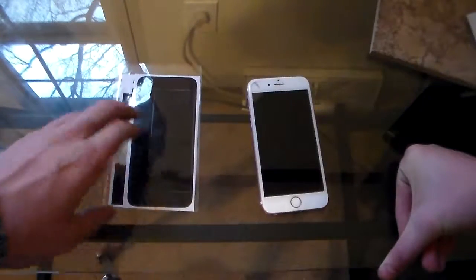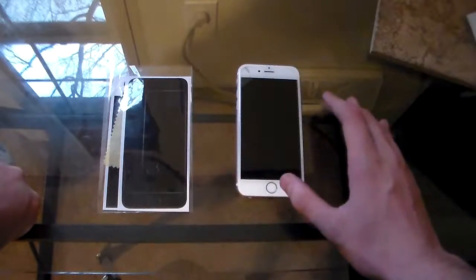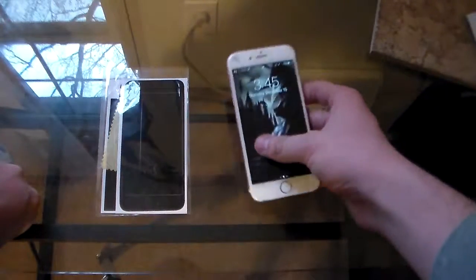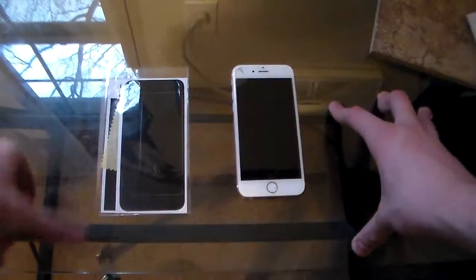So now I'm going to be putting this black skin on there, and depending on how tight the fit is, I might actually put the one on the front, but if it's not a very tight fit, then I'm not going to. I'm just going to do the back and leave the front white and make a black and white iPhone, because I think that'd be cool looking. And this skin, I was actually kind of surprised about it for being kind of an off-brand cheap one,